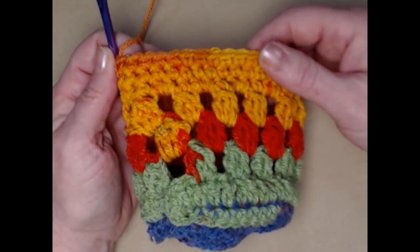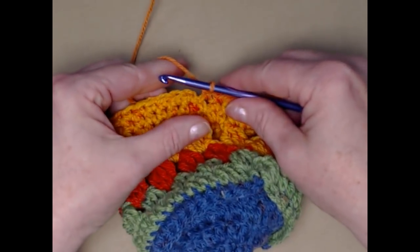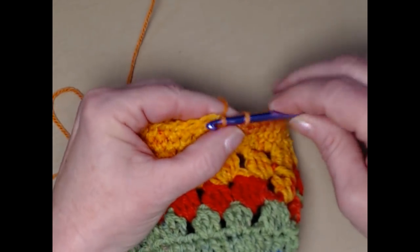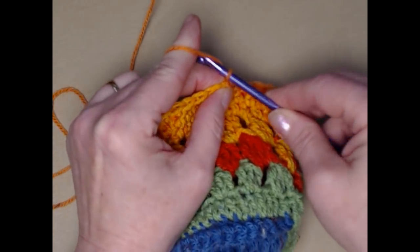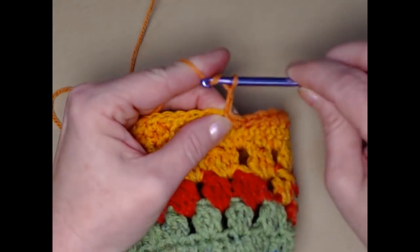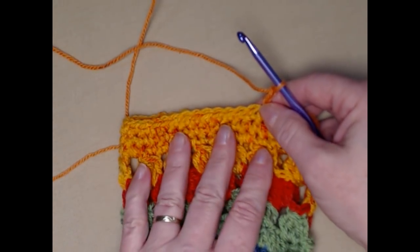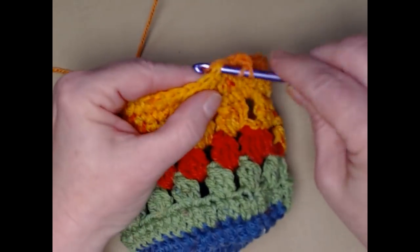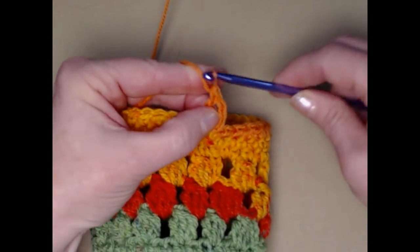I completed this third row of single crochets. I'm going to join to the top of my first single crochet, and this time I'm going to chain 3. And that's because we're going to add the brim portion to the hat. And how we're going to do that is we're going to stitch 1 double crochet in the next stitch, and